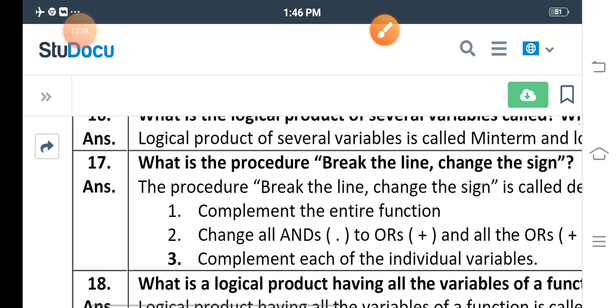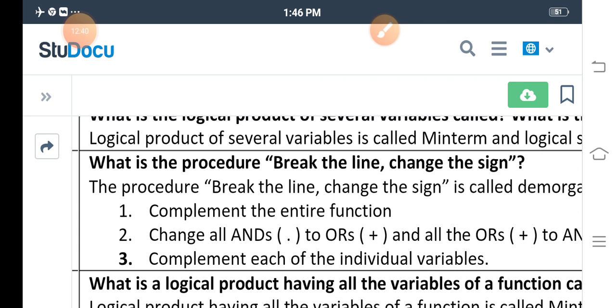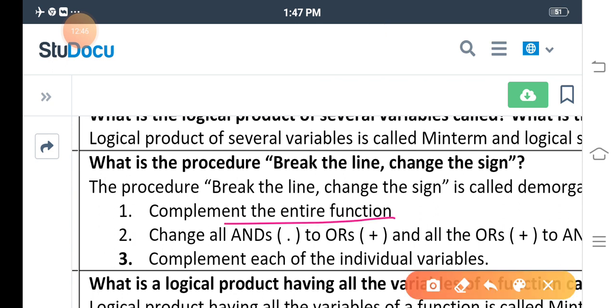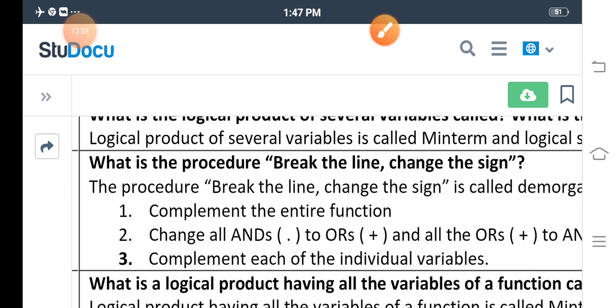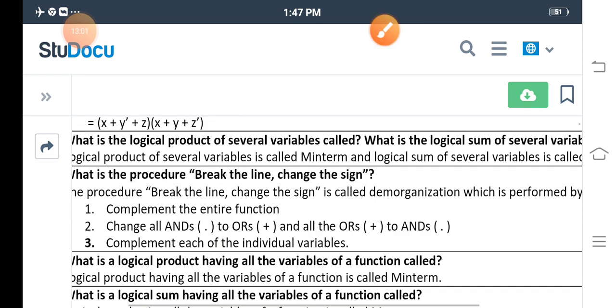Now next is, what is the procedure? Break the line, change the sign. So procedure, you know what? ब्रेक द लाइन एंड चेंज द साइन का मतलब क्या होता है? कॉम्प्लीमेंट करना, and को or में convert करना, और complement each of the individual variables. But this question will also leave it, this question no need to study, because ये actually complement properties हैं. Next is,